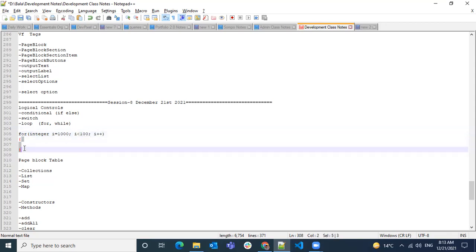The for loop will be executed the number of times until the expression is no longer valid. So if the expression returns true, then it will enter into the loop. If it is false, then it will not enter into the loop. It could be after 100, after 1,000, after any